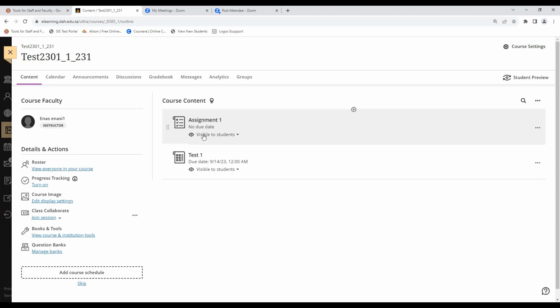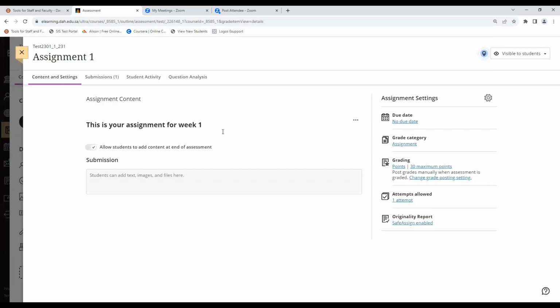First of all, we will start by grading when we have a specific item created in Blackboard. For example, I have an assignment or I have a test. I will start with Assignment 1. Whenever I create an assignment in Blackboard, automatically I will have an item created in the grade book. Whenever you access the assignment, you will notice that there is a Submissions tab next to the content